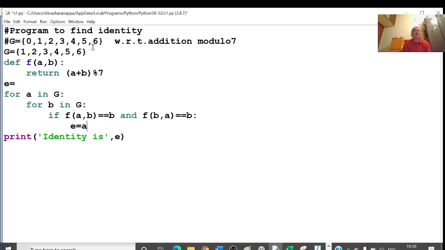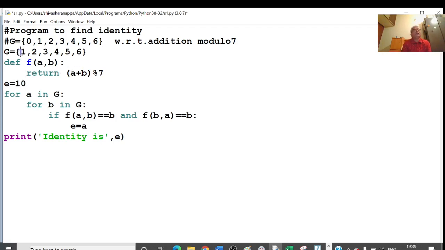So I will assign E a value which is not in this G. So 7, 8, or we can assign 10. Any value which is not in G.